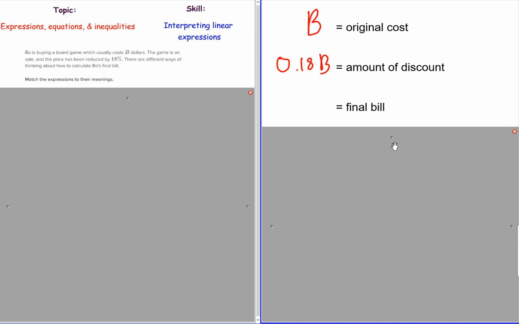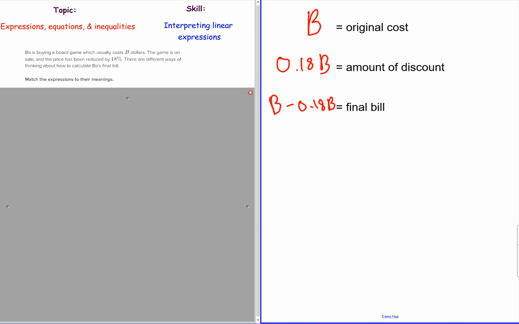And what is the final bill, the final amount that Bo pays? Well, he normally would pay B dollars minus that 18% of B is his final bill. All right, so before we reveal the answer choices, I want to also talk about this. Another way to think about Bo's